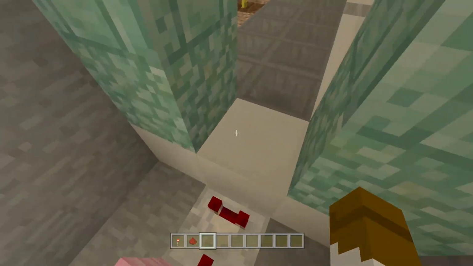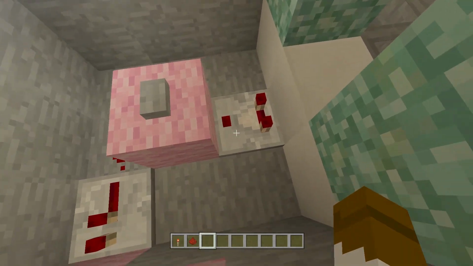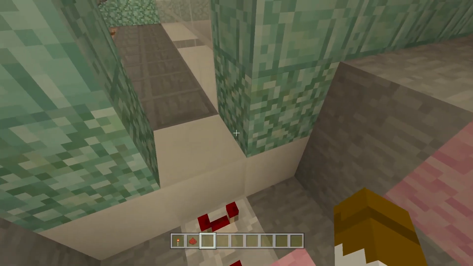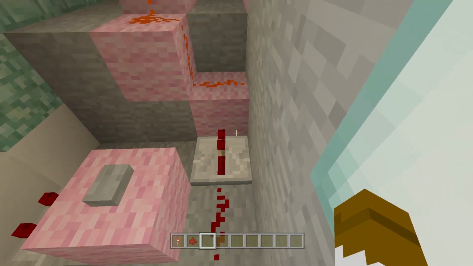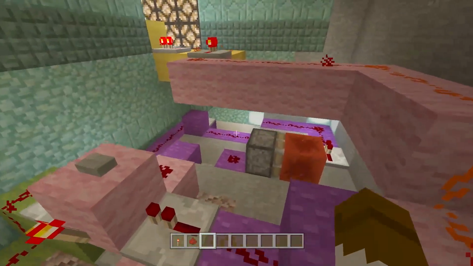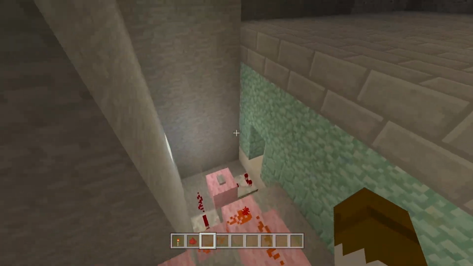The reason for that is whenever they pass this hopper here, this comparator will pick up the signal from that, because obviously that's what comparators do. They pick up signals from different things whenever there's items in it. So it will power this, and it will power the repeater, and then it will activate a latch again, and it will light up the light, as you can see. And then when you go into the room,